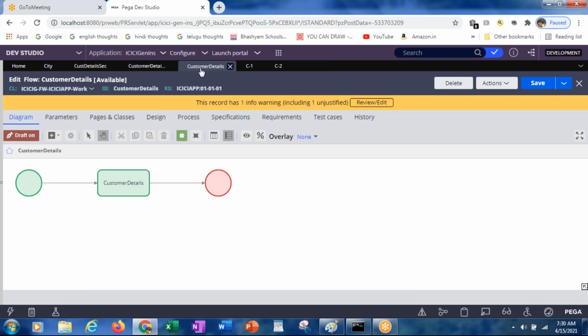Here there are n number of shapes. If you want, you can add them here. By default, only one assignment is there, but if you want, you can add n number of assignments based on your need. And here are some of the options which we can select over there.